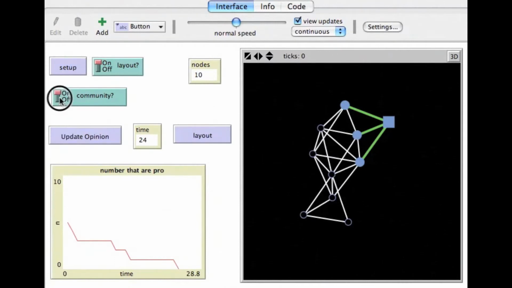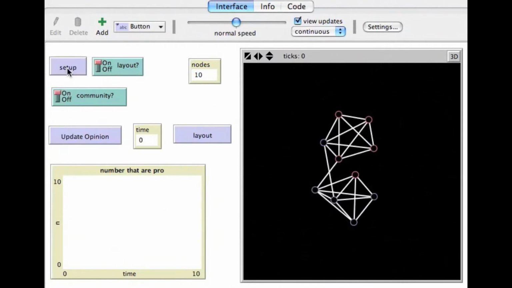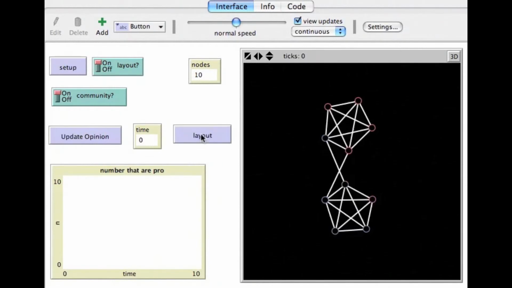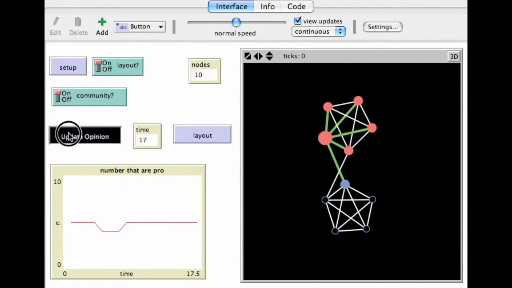Now let's put a community structure in, and let me click the layout button to make that one a bit clearer. There we go. We have the two communities, and you'll see they're linked by just these two nodes crossing over the communities. Let's see what happens with this scenario. I'll start clicking Update, and we'll see how many times it takes before our network converges on one opinion.